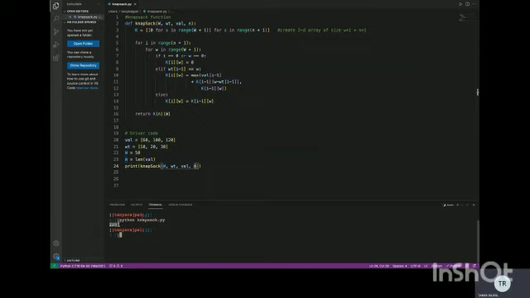So how are we getting this value? While we are considering the value array as this and the weight array as this, if we take these two weights, then we can fill the entire knapsack of weight 50, that is 30 plus 20, and its value will be 120 plus 100, that will be 220, and that is the maximum value we'll be getting. So this is our correct answer.